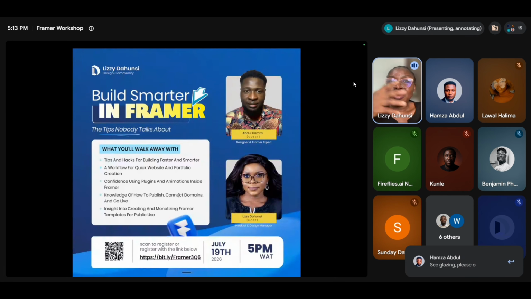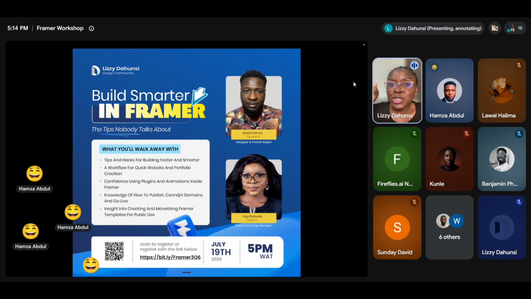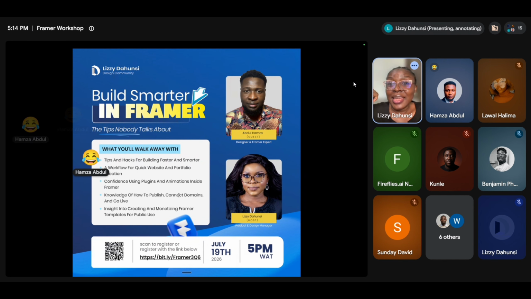He's a UI/UX and product designer at the company we're working for, and he was building the Figma skill on the side. It is with great honor and pride that I'm bringing him to one of my workshops to be the guest speaker, to be the one to teach us how to build smarter in Figma. We're going to be touching a lot of things that many of us don't know that we can actually use this for.